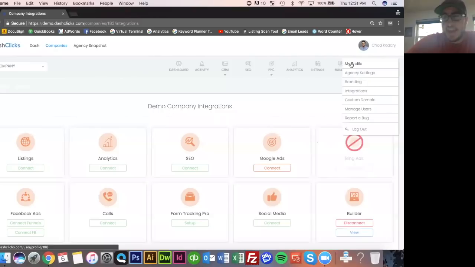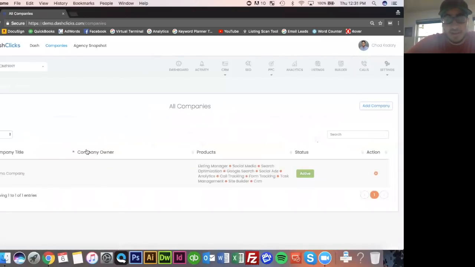Another thing is the agency companies. Eventually, once you guys start listing your companies, these pages are going to look a lot different. We're in the middle of a UI run. So as an example, you'll be able to list all of the companies here. You'll also be able to see an agency snapshot. So if I go here,